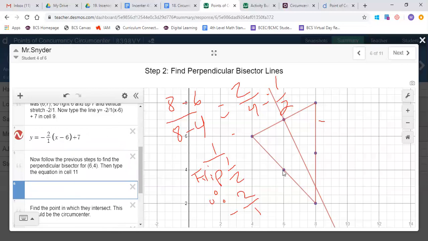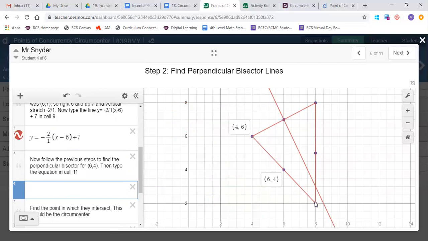But let's go ahead and just continue to do this. So I go through, I'm going to clear draw. I'm going to find the slope of the line that goes through (4, 6) and (8, 2). So I'm going to add those on there. So (4, 6). So I'm going to do 6 - 2. So 6 - 2 are my y's, 4 - 8 are my x's. So 6 - 2 is 4, 4 - 8 is -4, and we get -1/1. If I flip that, it still becomes 1/1, but I have to make it its opposite, so it becomes